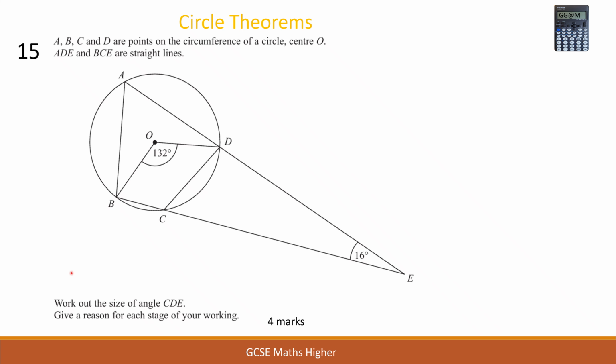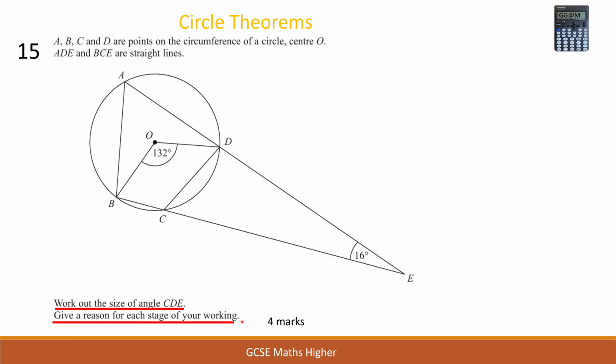Fantastic. So you should have looked at the keywords in the question. So you're told that you've got points A, B, C and D are on the circumference of the circle, and the centre of the circle is O. You're told that A, D, E, so A to D to E is a straight line, as is B to C to E, which you can see in the diagram. You've got to work out C to D to E. So this angle in here is what you've got to work out, and you've got to show your working,